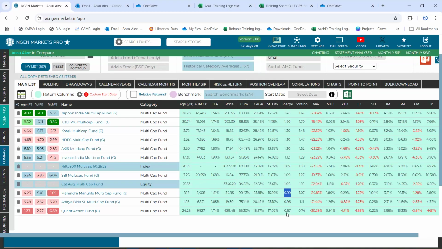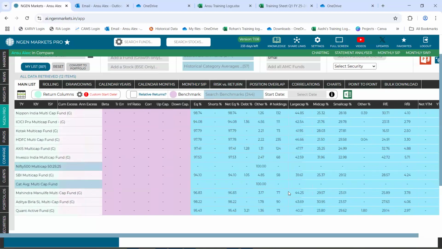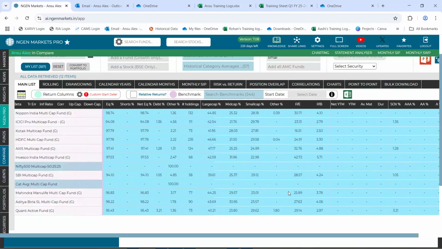Once we are through these returns related columns, we would be moving further towards the right hand side and we would be coming to these blue color coded columns. These are specifically the holding columns respective to each of these schemes. So majorly right here, you would be able to view the equity and debt split for the portfolio of each of these schemes.